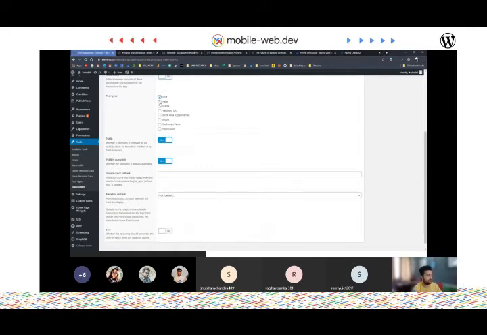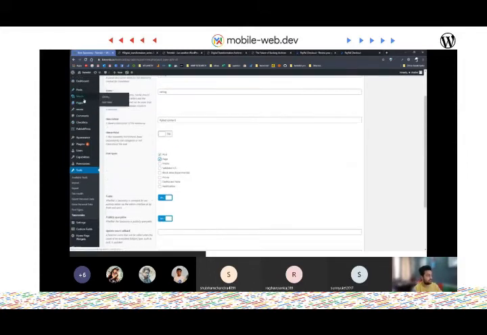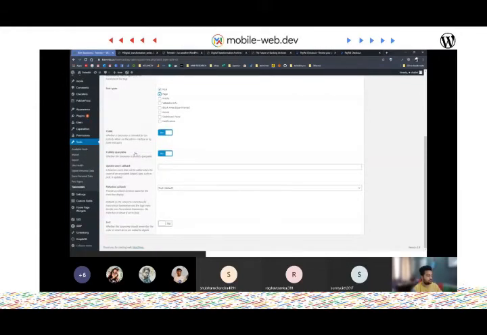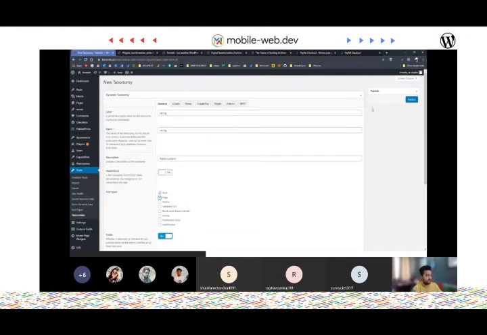Then we can choose what kind of pages, or what kind of post types, we want to apply this taxonomy to. By default, you know that pages don't have a taxonomy, but with this method you can add taxonomies to pages also. Then there are a couple of other things. If you're working on headless CMS, you can choose them, and then we'll hit the publish button.